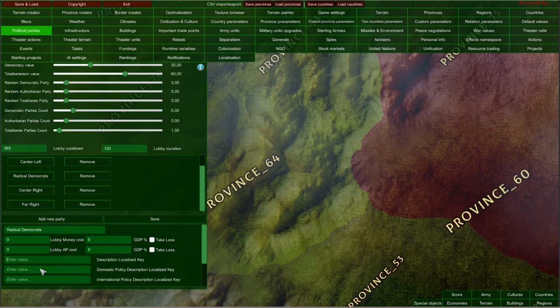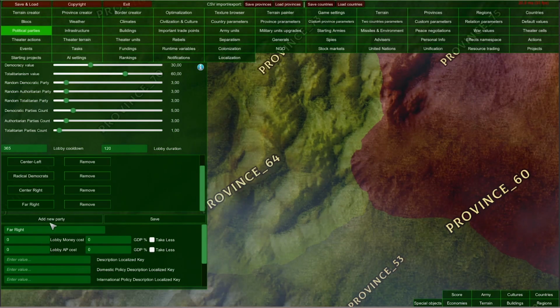And here you can input descriptions or localization keys of descriptions of selected party. And of course you can add new party. After selecting one party and clicking add new party button, a duplicate is created, and then you can edit it and, for example, bring back our Radical Center and save it.